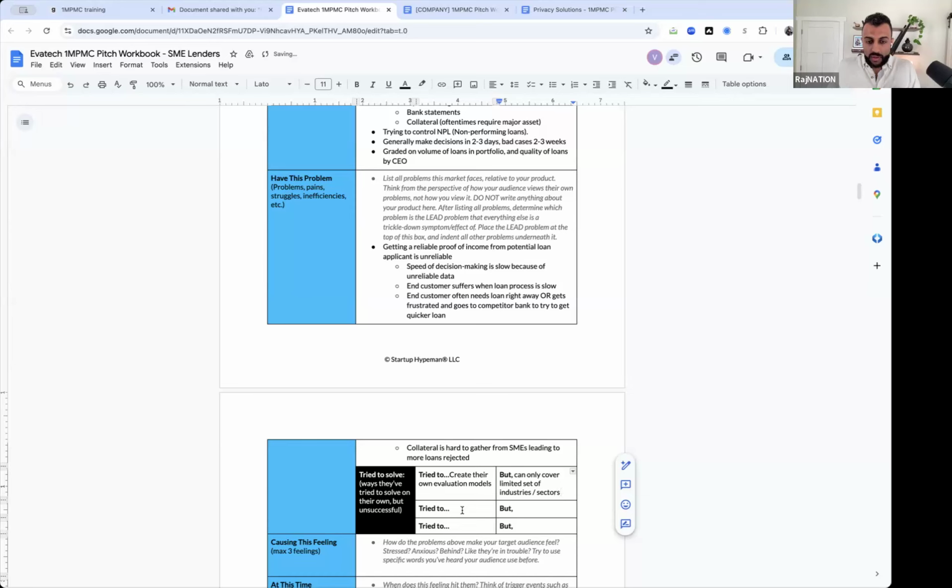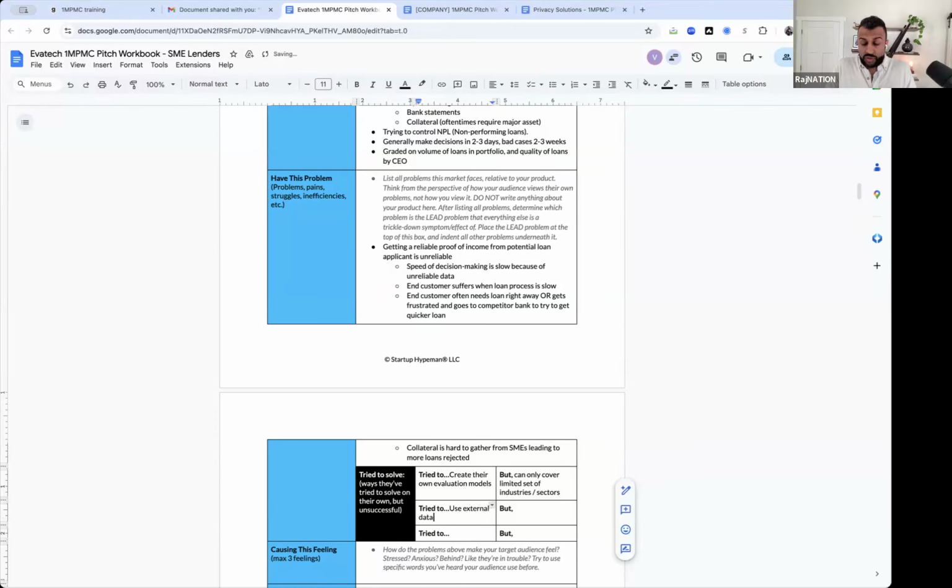Okay. What's another thing they've tried to do on their own? Using external data. Data sources? Yeah. What would be some names of those? Mobile operator data, credit history bureau.